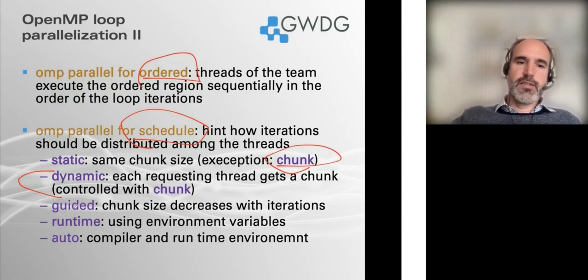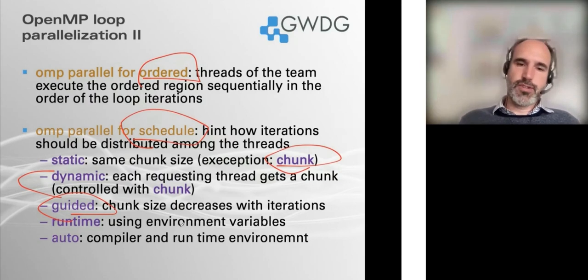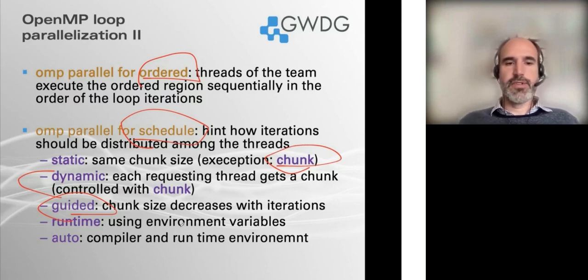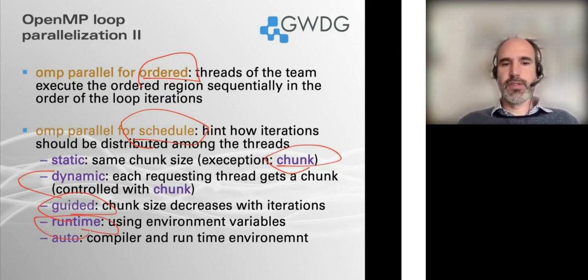In the guided example, I think if you wait for the next picture, the chunk size decreases with iteration. So you first will start with large chunk sizes for each thread, and then you decrease toward the end of the number of iterations. In the runtime environment, you completely hand over the control to the